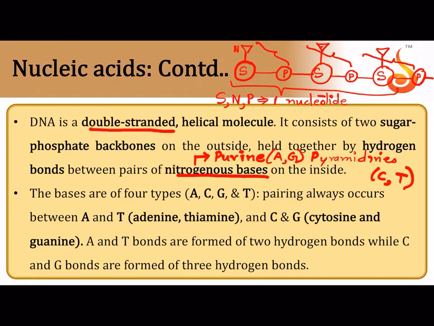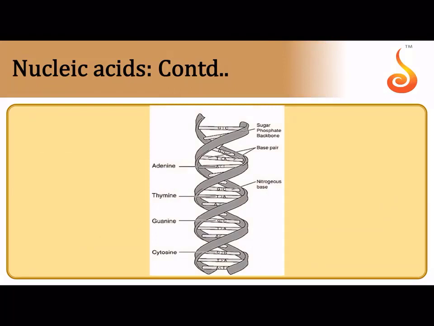Now since we are talking about the DNA, in DNA you have 2 such polynucleotide chains which are helically coiled with each other, and they have a pairing between adenine and thymine. As you know, adenine pairs with thymine with 2 hydrogen bonds, guanine pairs with cytosine with 3 hydrogen bonds. That's why, since the DNA molecule has 2 polynucleotide chains, we call the DNA molecule as what? We call it a double-stranded structure.